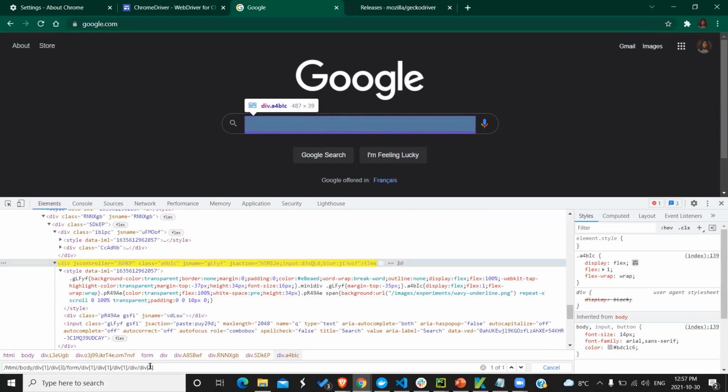And if I paste it here, you can see it starts from the HTML body div and everything. But in nowadays scenarios, it is much easier to do it the relative way, because whenever anybody comes up with a new build, with a new feature added into this web page or this browser or this google.com, for example, they have a few doodles or a few more input fields, this DOM structure will be changed.